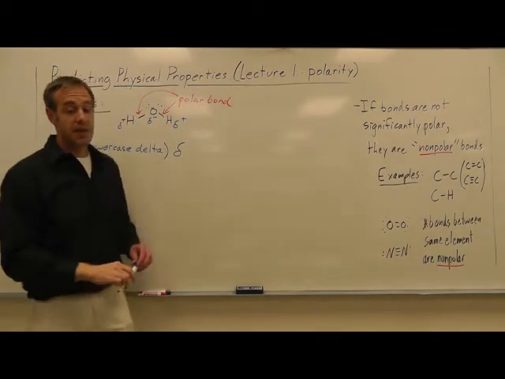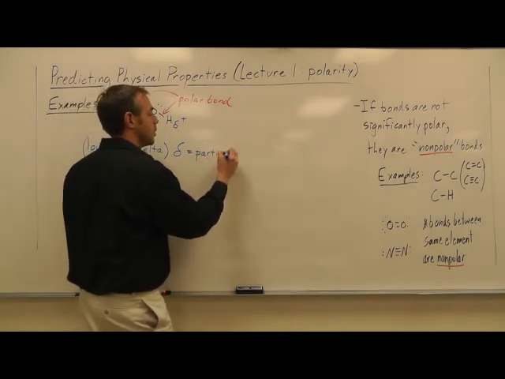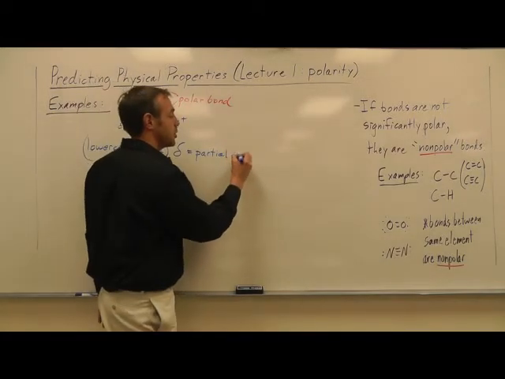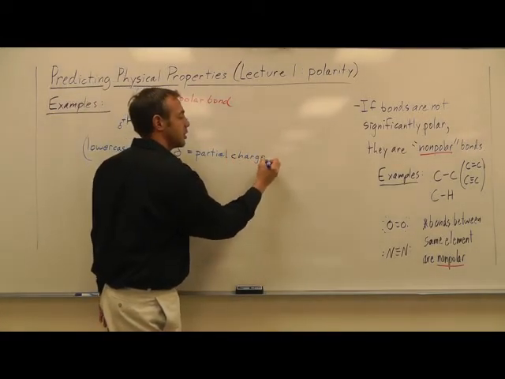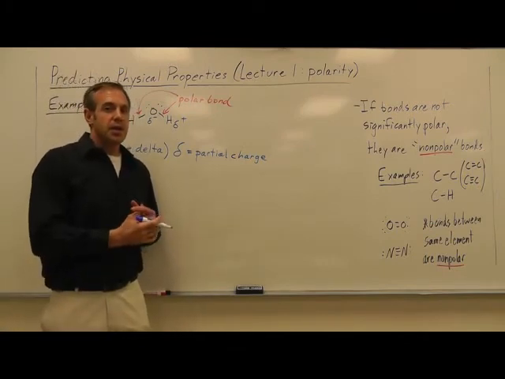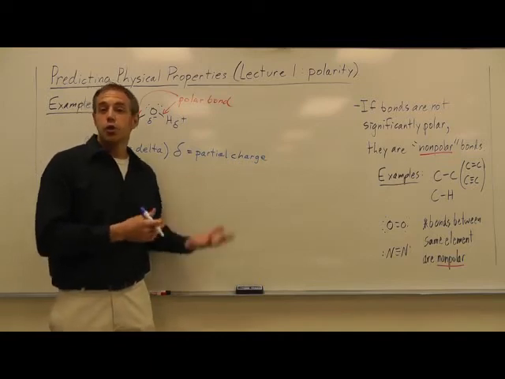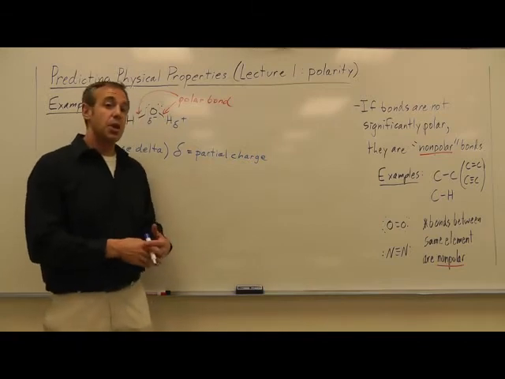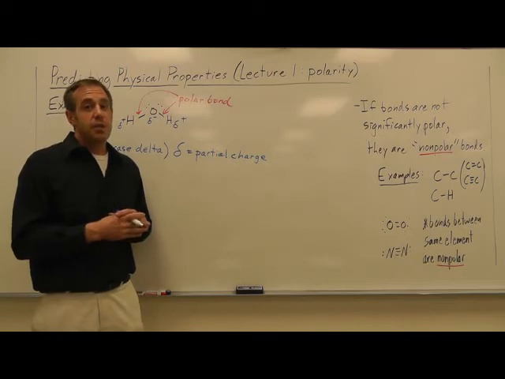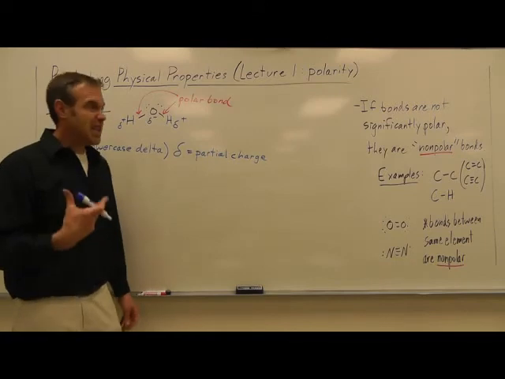This symbol, a lowercase delta, in chemistry will always refer to a partial something. Essentially, for us, it will always be a partial charge. And so it means it's not a full charge, like we've been exposed to, iron 2 plus or iron 3 plus or Cl minus. And these can form ionic compounds. But for example, Cl minus,